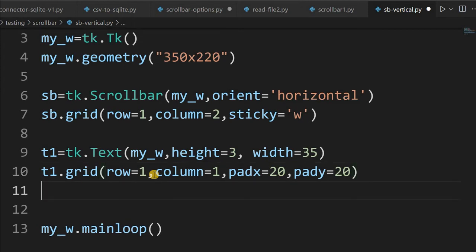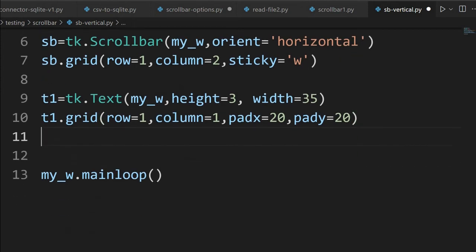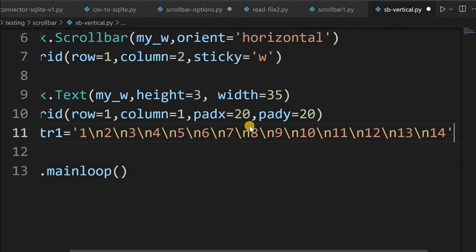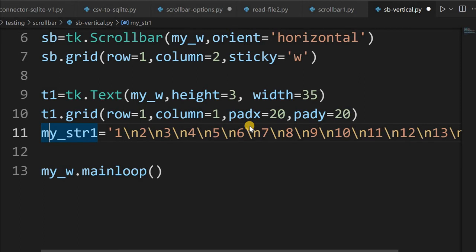Now I will add some data to this. Instead of typing everything, I have a string here. What this string does is 1, then a line break, then 2, then a line break, then 3, a line break, so 1, 2, 3, 4, 5, 6, like that, each with a line break. You can change it to line 1, line 2, line 3.